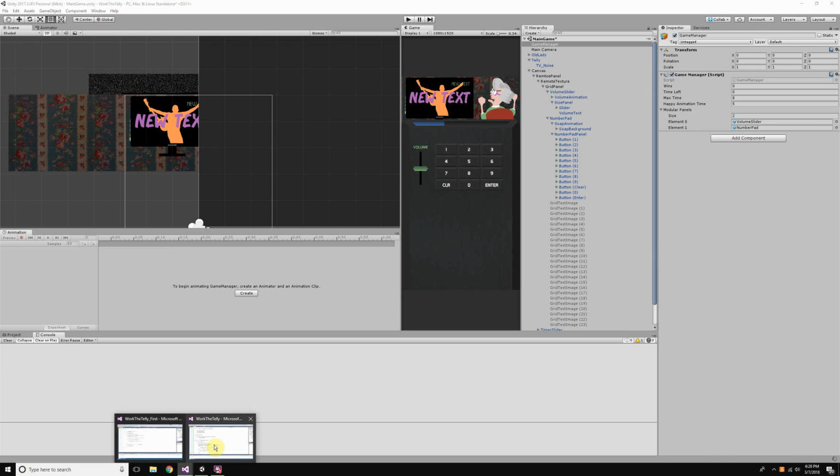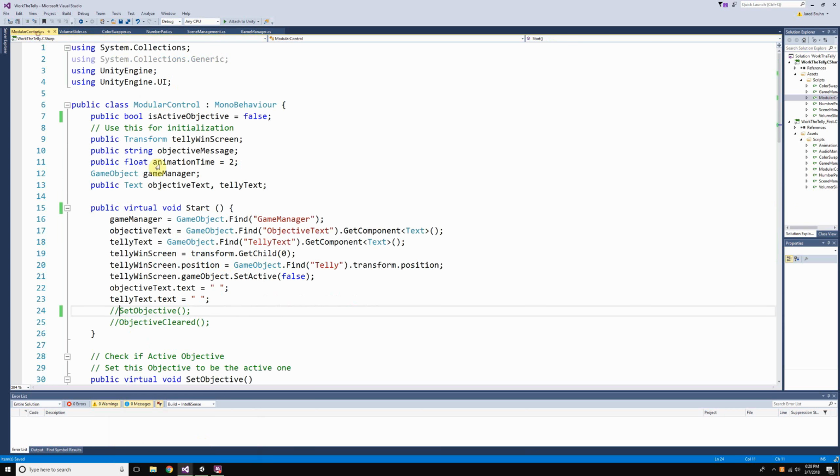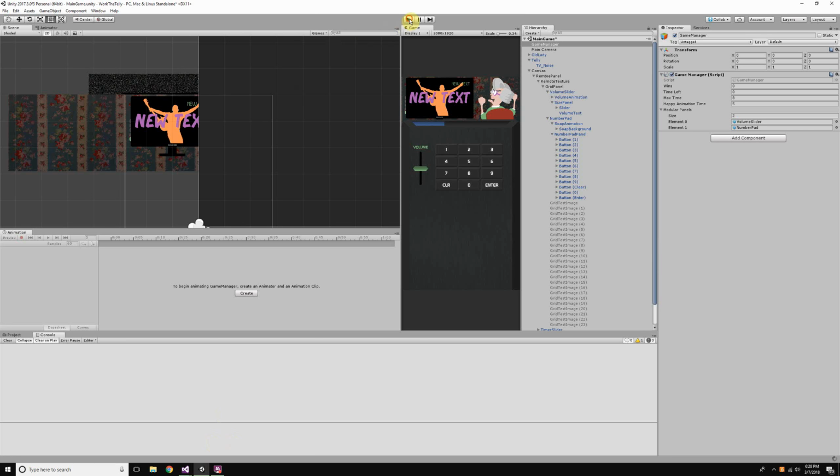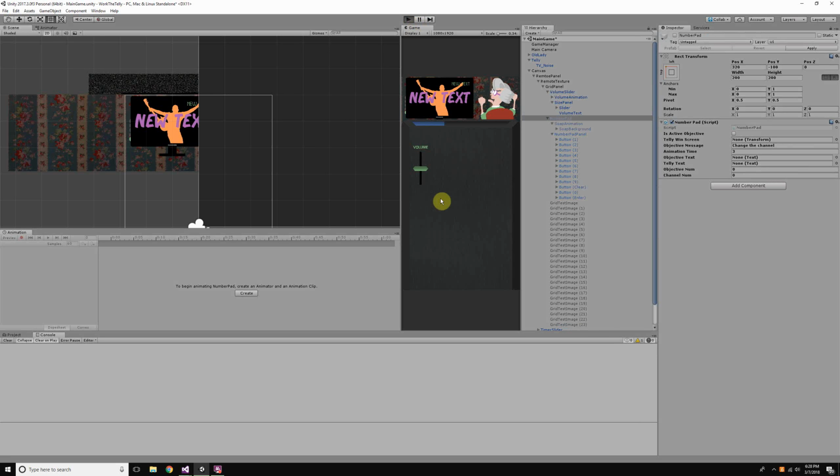Oh, you know what? We need to make sure that this is not commented out. So set objective. If we hit play, and then I need to make sure that only that's activated. Okay, so now we can see that our volume is sort of changing. She likes it at volume 95. That's great. Technically, the objective number is 5, that divided by 5, right? So it's 19 in our script, but just for the display the volume is between 0 and 100. All right,